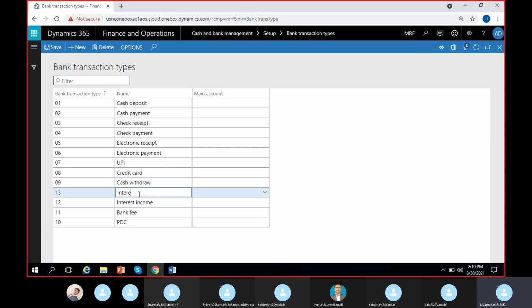Interest expense, or interest expense you can create. Here bank fees or charges. You can just give this one bank fee or charges. Right? So